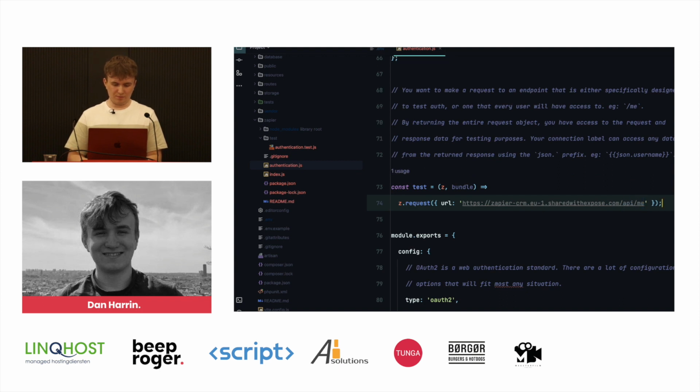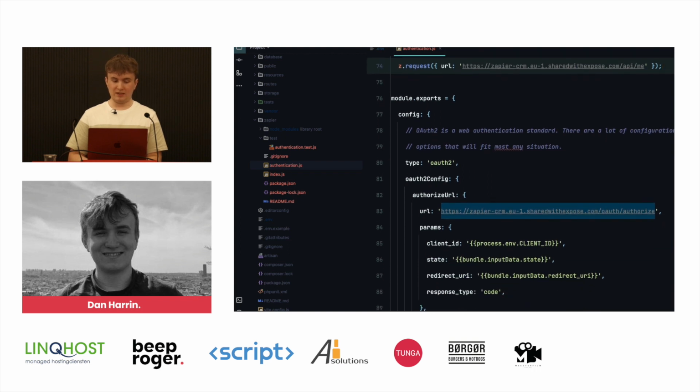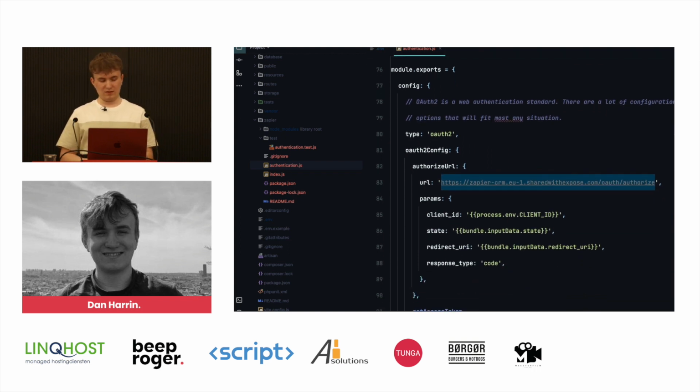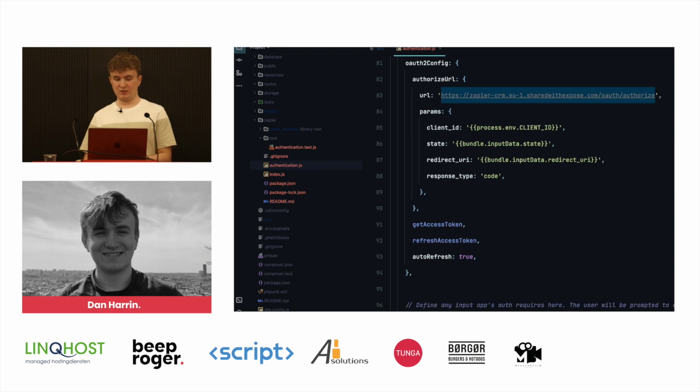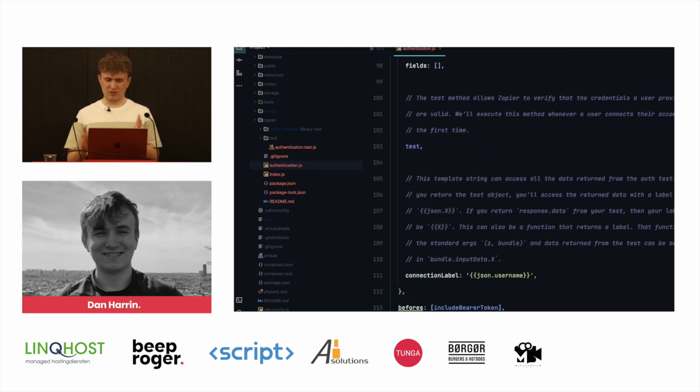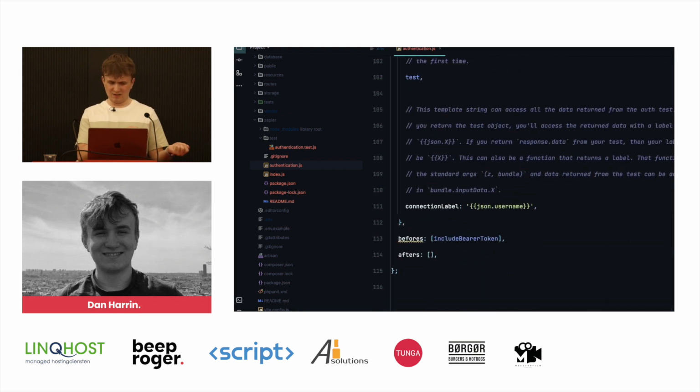And also, we're going to set up the connection label for this authentication. How this works, I'm actually going to demonstrate where this is used in the Zapier interface. But essentially, when Zapier gets the information about the current logged in user, it's going to extract something that can then identify that account from maybe others that they've signed into with your platform. So we don't have a username on our users table, so we're just going to use the email address of the currently logged in user, and this is then used to identify that account.